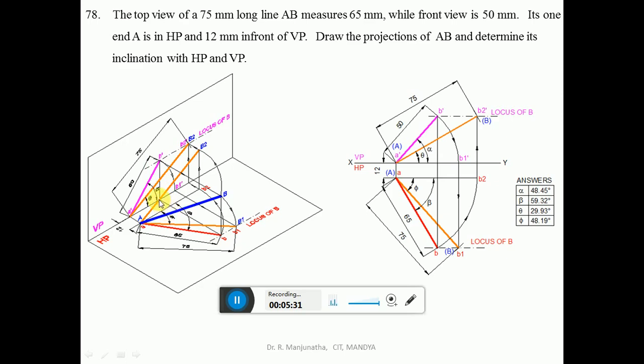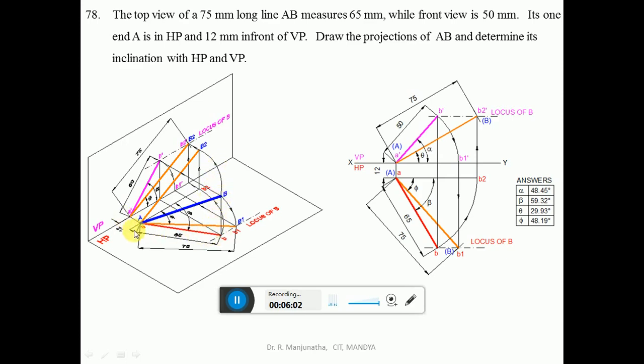So here you draw a vertical projector from here and a horizontal projector from here. Both will meet at this point. So this will be the capital point B in space. Since A is in HP, you draw from here with a dark line, which is the indicated blue line. That is the actual line in space. When it is projected into the front view, you get A dash B dash, and when projected into the top view, you get small ab.